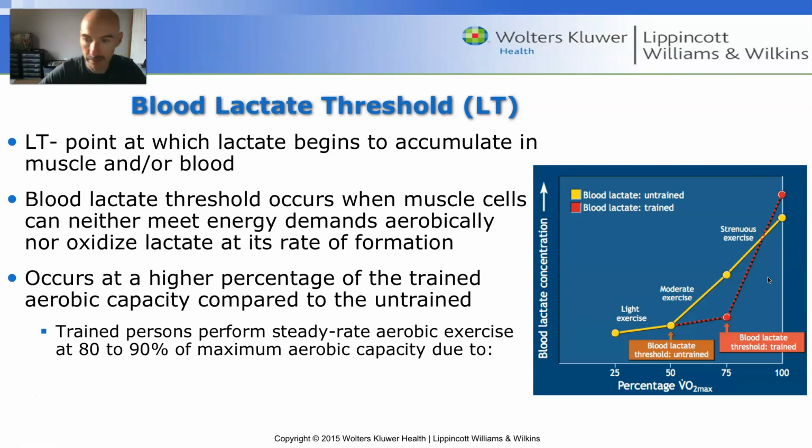If you're fit, okay, so in a trained population, the whole lactate threshold curve can move to the right of the graph. So notice in a trained population, their lactate threshold may not occur until 75% of their VO2 max. So they can exercise at a much higher intensity before accumulation begins to occur, right? And they can also withstand much higher concentrations because, you know, it's kind of like